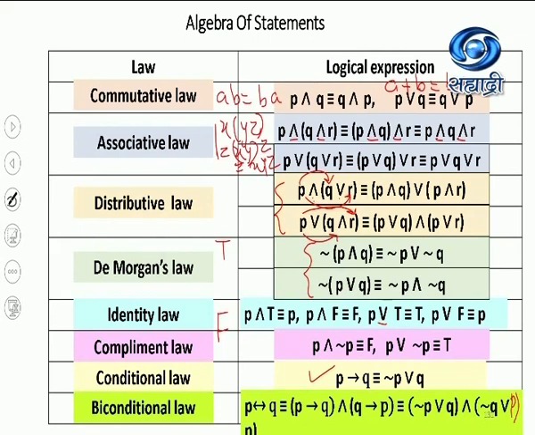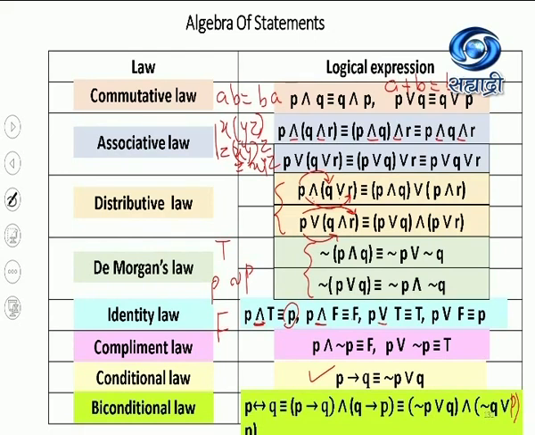Generally T is the highest statement considered, kind of a largest number. I'm using very layman language to help you understand. F is the smallest statement. Now between P and T, T is the largest. So for conjunction, the smaller statement comes as the answer. Between P and F, somewhere in between will be your P and negation P. Obviously between P and F, F is the smaller statement. So conjunction will give the smaller statement as an answer.